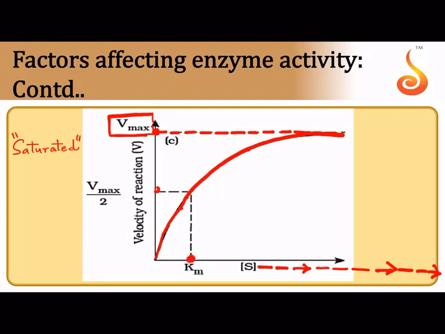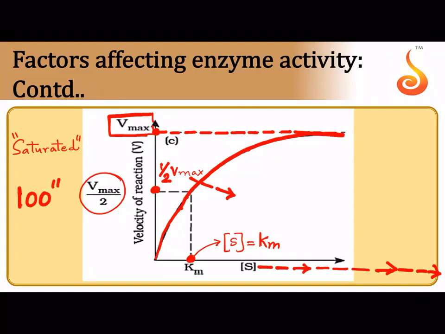which is referred to as the maximal velocity or Vmax, and the concentration of substrate that is required for us to attain half of Vmax, which is called Vmax by 2, that concentration of substrate is referred to as Km. So how do you define Km? It is the concentration of the substrate required to attain what? Not the maximal velocity, required to attain half of the. That means if there are 100 enzymes, 50 of them are filled up at Km, because Km means how many substrates you need to make sure that 50 out of 100 are filled up or are bound to the substrate.